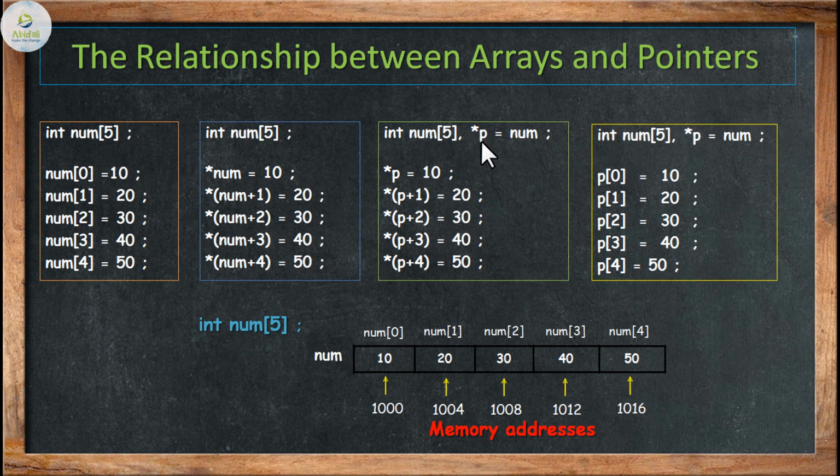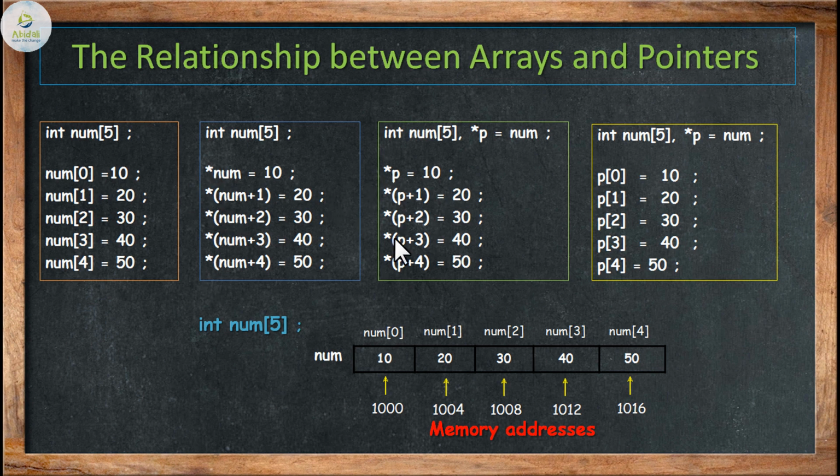I will say the value of the pointer can also be assigned. In the example, num of 5, and the pointer is initialized to the value at num. The value at num is nothing but the address that has been stored. So then I say value at p is equal to 10, assigning it. Value at p plus 1 is 20. Similarly, you can even do it like this by assigning the addresses, okay, not taking the value at operator, directly taking the subscripts also. These are the possible ways by which I can relate an array and a pointer.